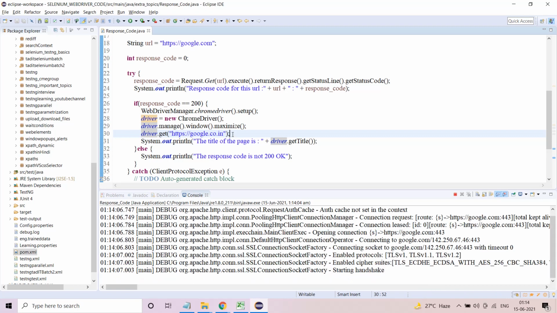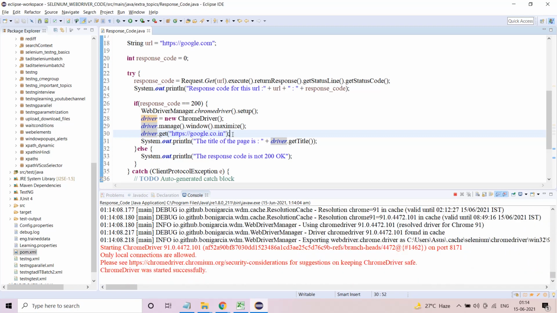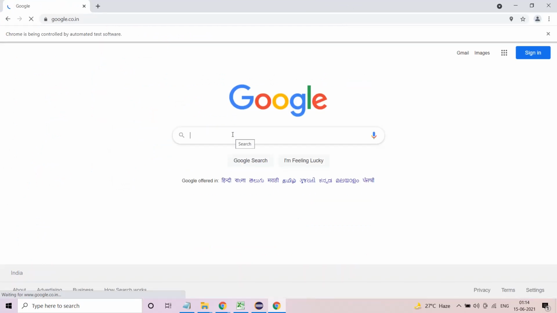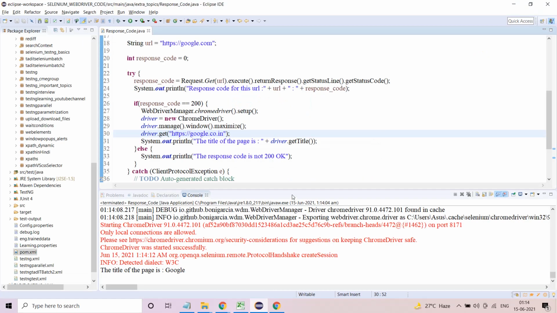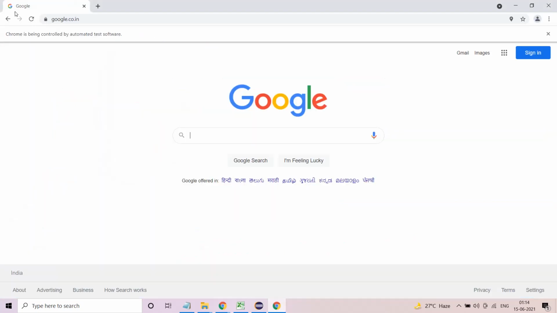If the global website is down, no point opening the local website. Cool, it works. And we'll also get the title. See, the title of the page is Google. You go to Google, what it says, Google in dark black, Google.